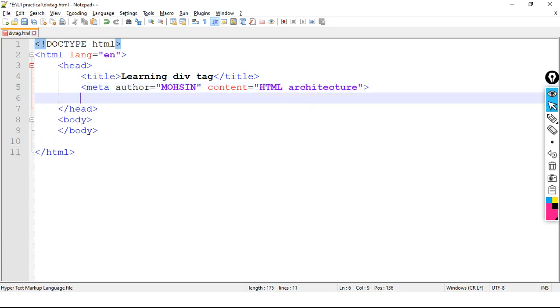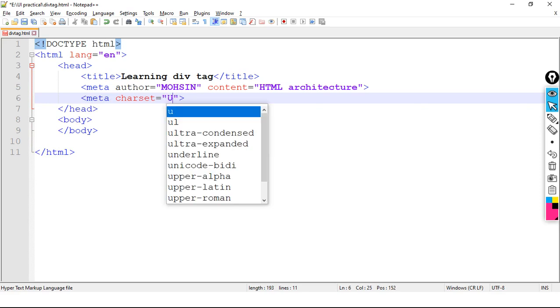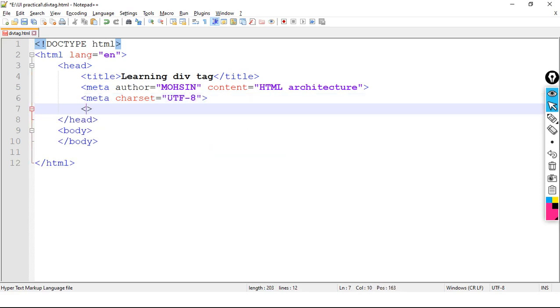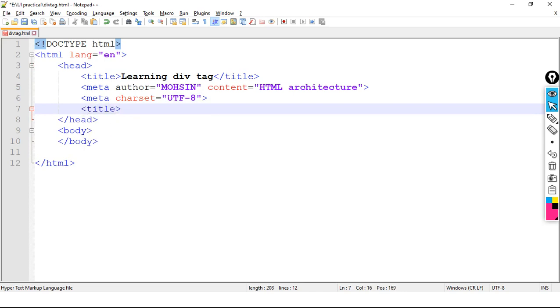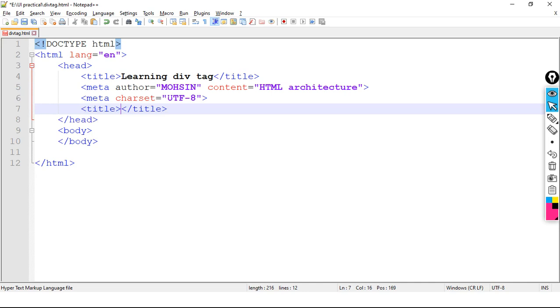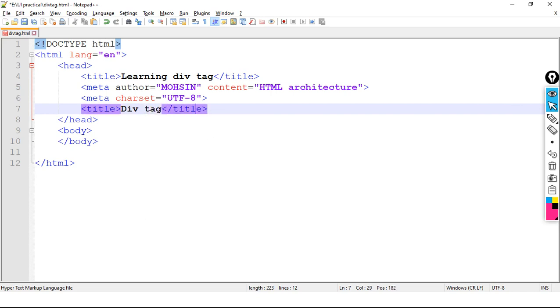Then we have charset equals UTF-8. Then title opening and closing, because title is a paired tag. Div tag, this is our title.